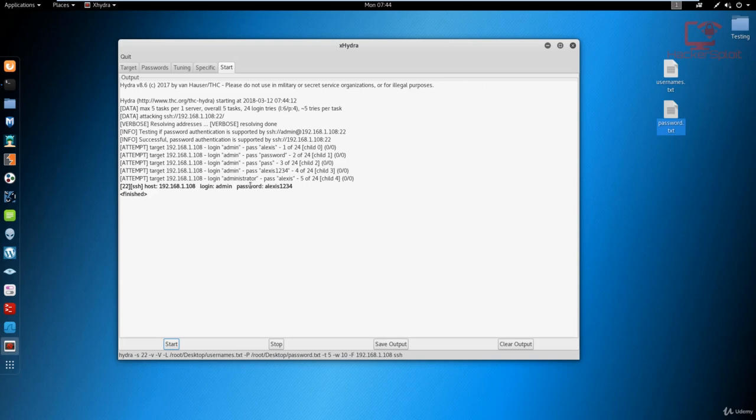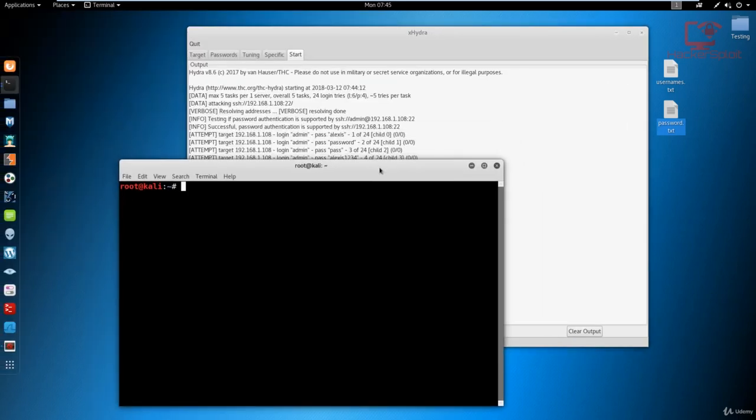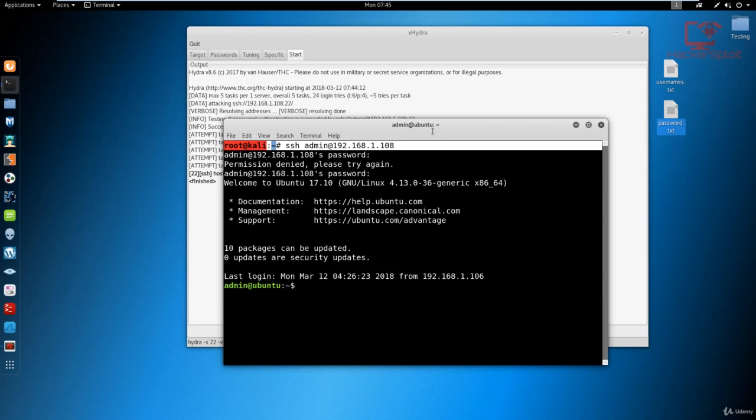Alright, so we've got the username and the password. Now let's try and log in via SSH. I'm just going to open up a terminal here, and I'm going to say SSH, select the username, which is admin at 192.168.1.108. Once I hit enter, it's going to ask me for the password, which in this case is Alexis1234. Sorry, oops. And once I hit enter, it should log me in. Something's happening here. There we are. All right, so we were successfully logged in, and that is how to target SSH and how to use Hydra